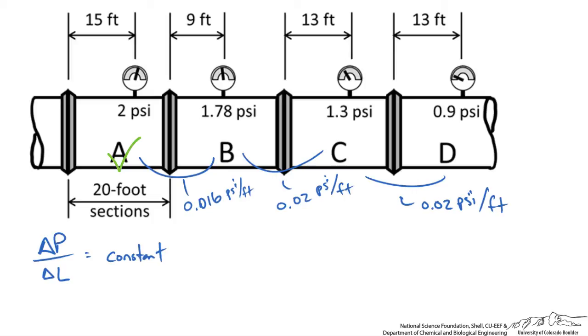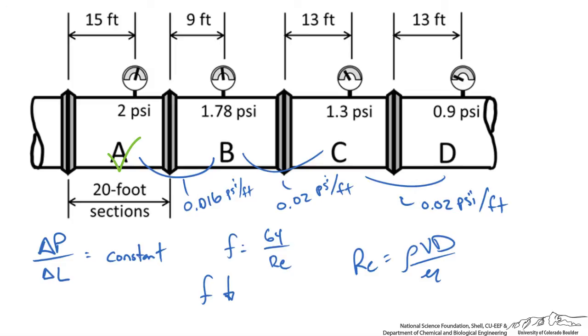For steady laminar flow, we can relate the Reynolds number to the frictional factor as just 64 over the Reynolds number. Reynolds number is written as the density times the velocity of the fluid times the diameter of the pipe over the viscosity of the fluid. Thus, an increase in pipe diameter gives us an increased Reynolds number, and therefore the frictional factor is going to decrease. This means that the losses associated with friction will decrease, and therefore lower frictional losses means less change in the pressure along the length of the pipe. So the pressure drop per length will decrease.